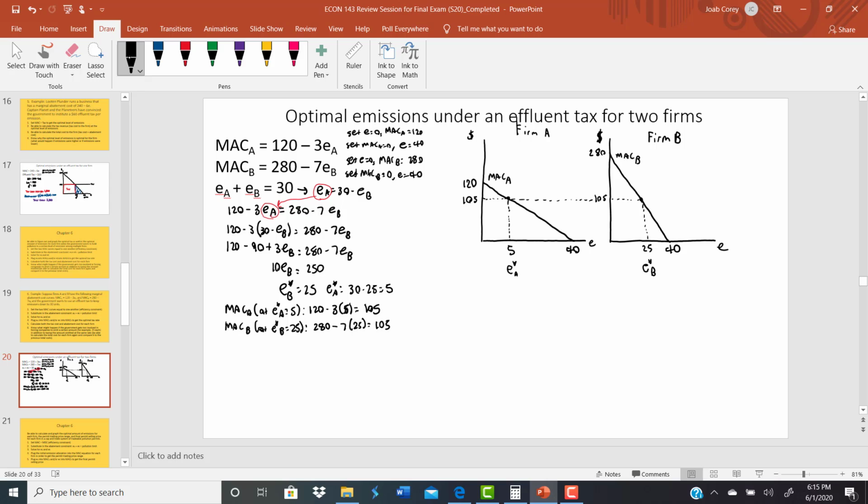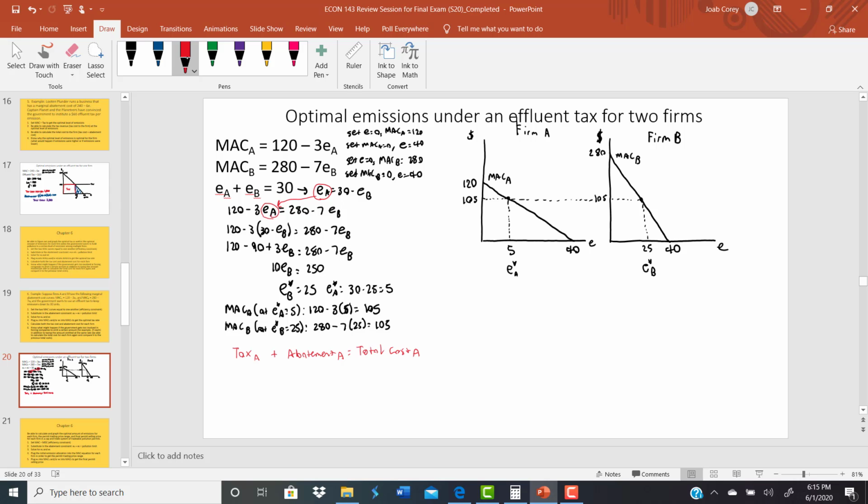All right. So from there, you might have to figure out what is the total cost for both firms, right? So again, the total cost is just your tax cost plus your abatement cost, right? So go ahead and see if we can figure those out. So we'll call this here firm A. We'll do in red. So again, we need the tax cost for A plus the abatement for A is going to give us our total cost